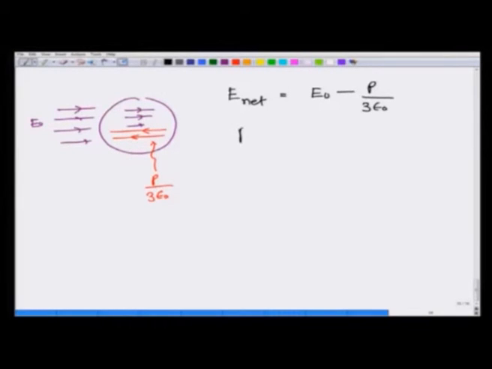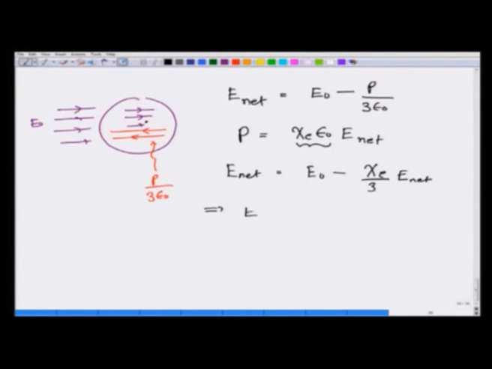Now, remember what P is. P is equal to chi e epsilon 0 E there. So, whatever the final value of E out here is, that multiplied by chi e epsilon 0 is the P, and therefore, I have E net. It is all in the same direction, so I am not really putting a vector on top, is equal to E 0 minus chi e over 3 E net,